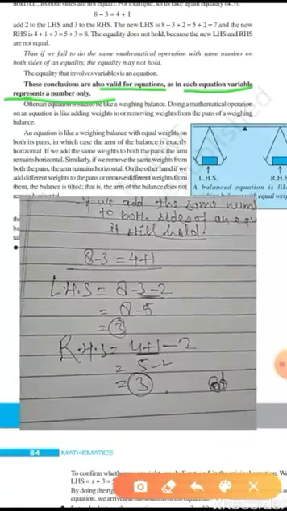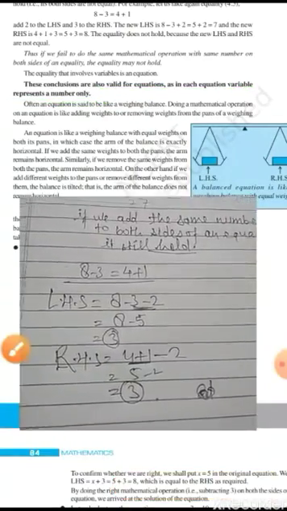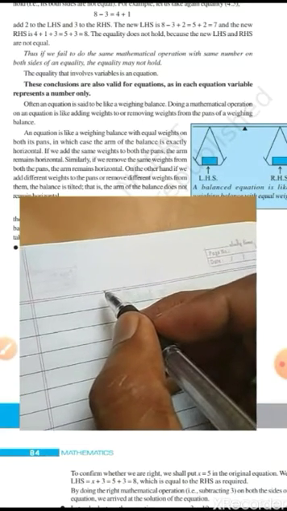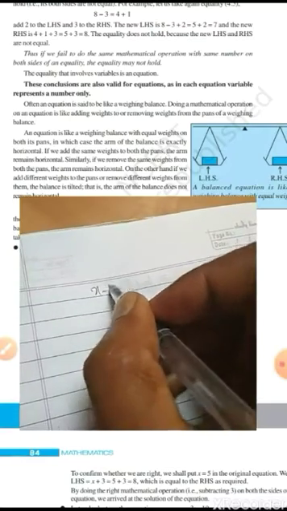Okay, so our motto will be to fix the variable on only one side. See the example here, x minus 2 is equal to 3. What is the solution of this equation? What will you do to find the solution of this equation?